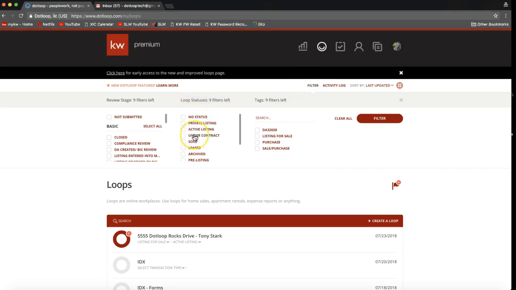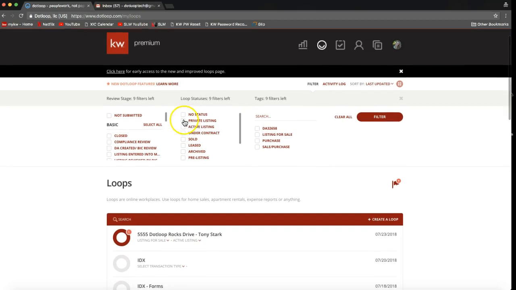And in that center column, that's where you are choosing which loop statuses to display. Now you can click up to 9, all right? So I'm going to make sure to check the ones I want and particularly leave the one unchecked, sold, and I'm going to uncheck archived. Okay, so I can check 9 others here. And in this example, if you could just leave unchecked the archived and uncheck the sold,